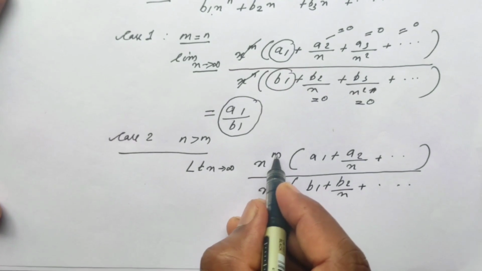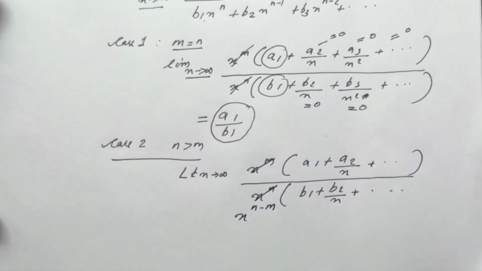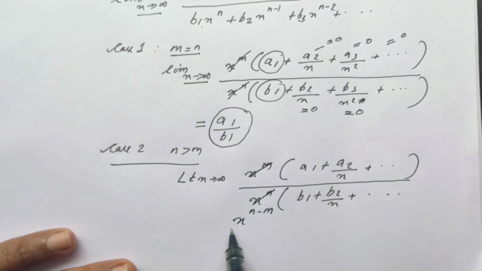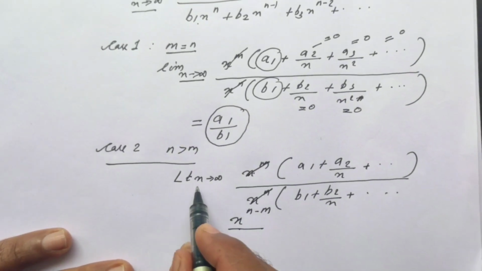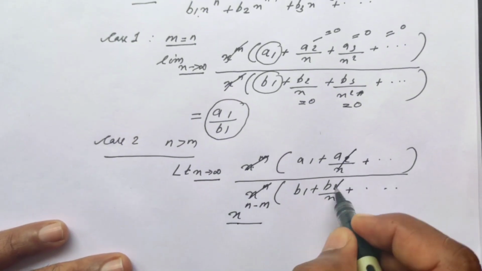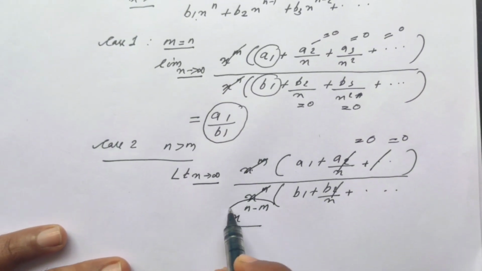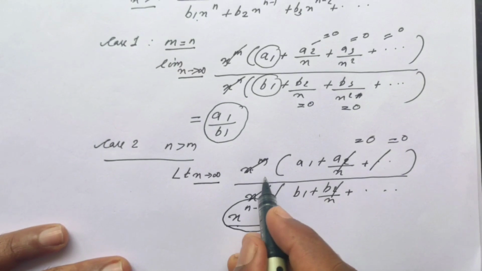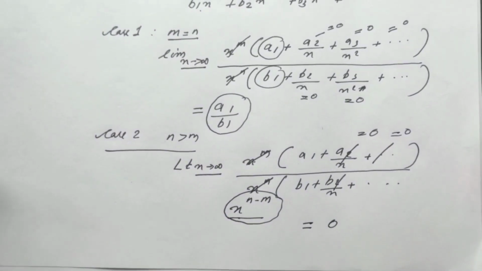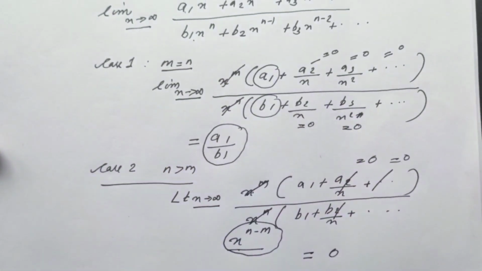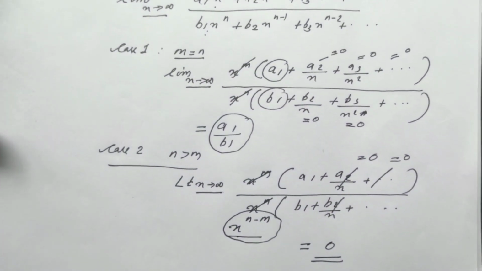Here when we cancel the powers, then a term of x raised to n minus m will come in the denominator, that is, the power of the denominator term will be higher compared to the numerator term, and here the limit x tends to infinity, so these terms will become 0, the next term also will become 0, but here will be an x power, so 1 by infinity will come, so the final answer will become 0 when n greater than m. That is, for a polynomial p of x divided by q of x, when the denominator order is higher compared to the numerator order, then the final answer will become 0.